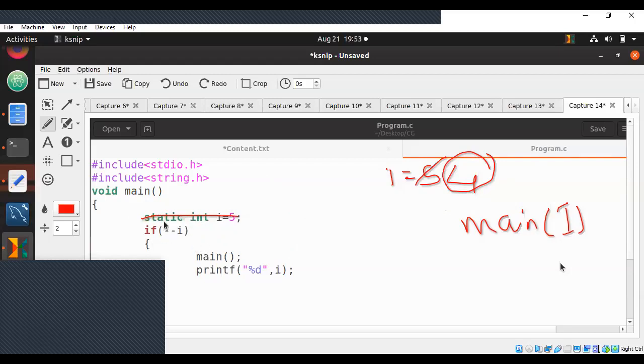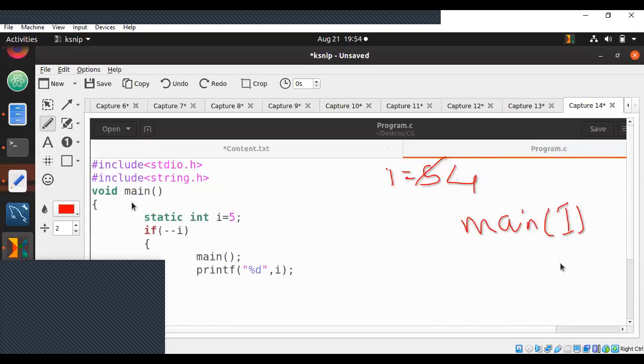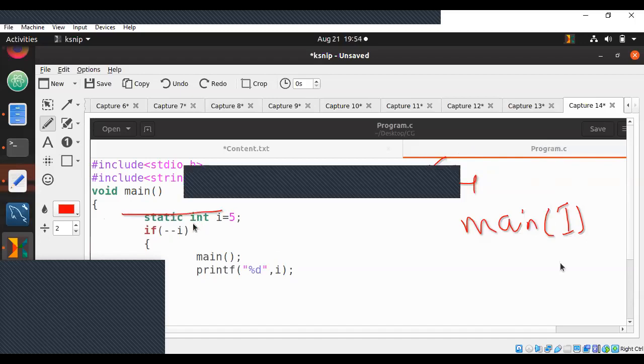So here, okay, I hope everyone knows the first point. Since few of you do not know this, just remember this. Those who don't know, static variables are not deleted until end of the program. So here, I have called main again. Have I gone to the end of this program? I have not gone to the end of the program. Since I have not, it does not delete this int I equals 5. Again, once you call main, second time, this I equals 4, whatever is there, it remains. It is not deleted. So you're not creating one more variable with value 5.